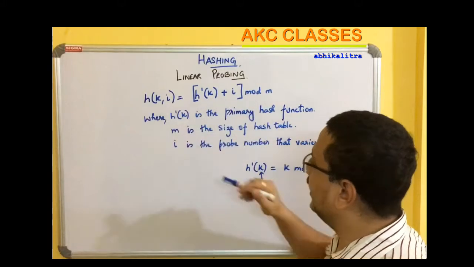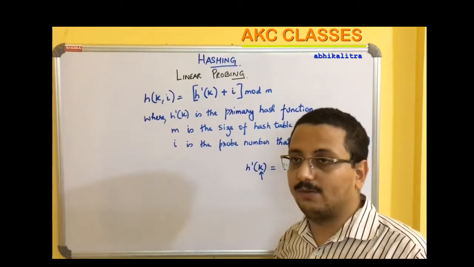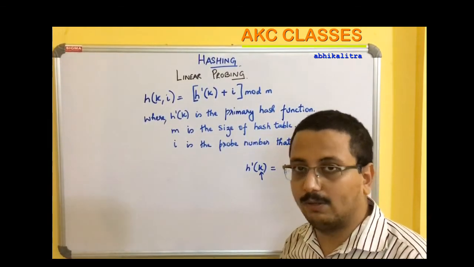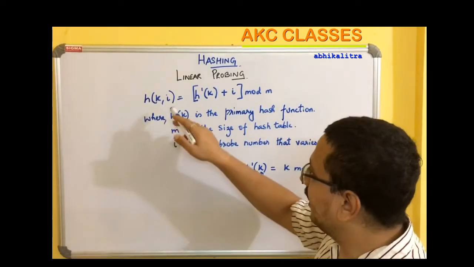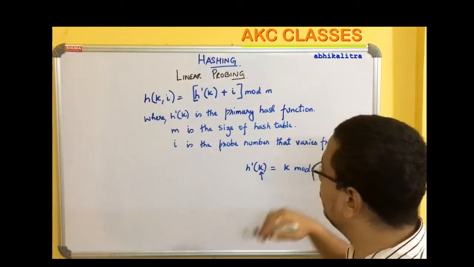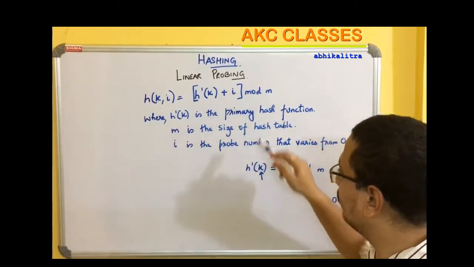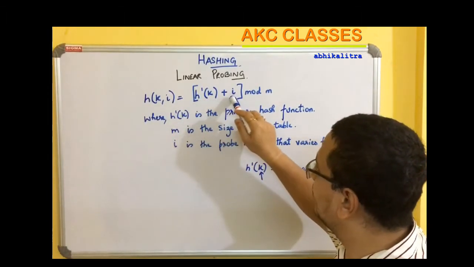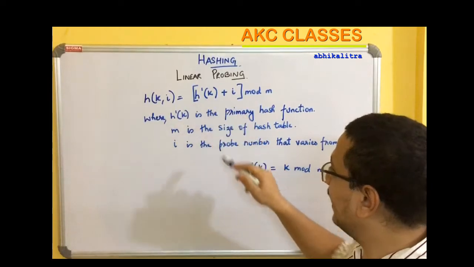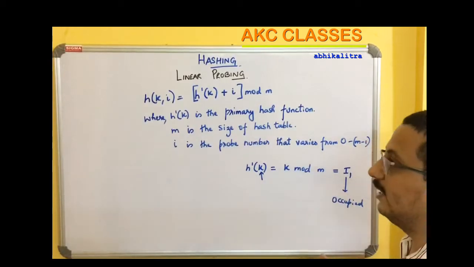If I observe closely, I will see there is a variable i. This variable i basically ranges from 0 to m minus 1, where 0 is the lower bound of the array and m minus 1 is the last index of the hash table, right? Since i ranges from 0 to m minus 1, if I start i with 0, then this particular secondary hash function will look similar to a primary hash function, because when i is equal to 0, then h prime of k plus 0 is basically h prime of k, and if I expand h prime of k, which is a division function, k mod m, then k mod m obviously will give you the same result the primary hash function would have given, right?